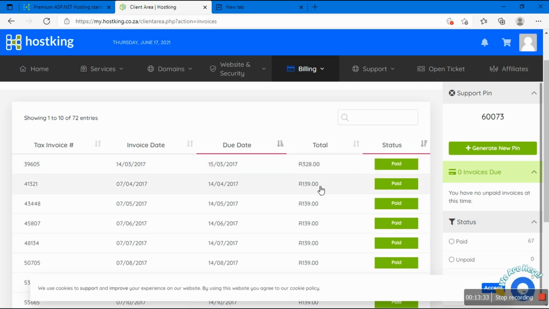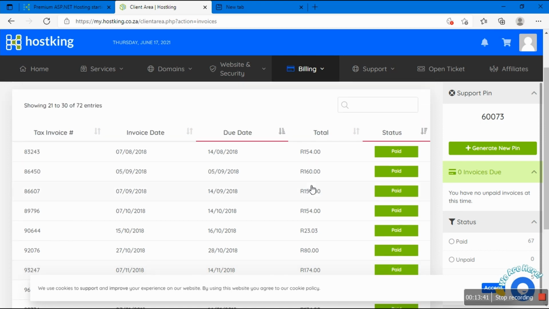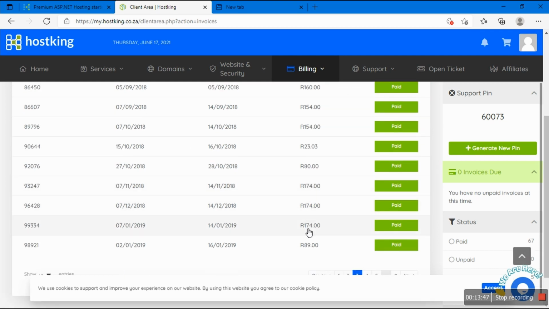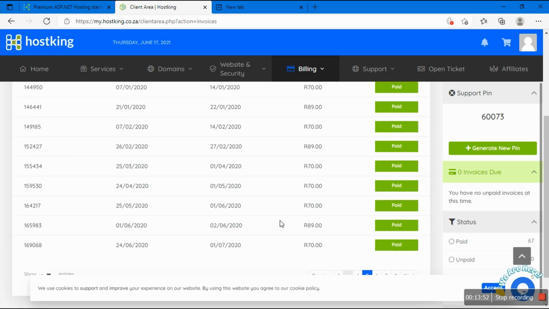From there I started paying 139, as you can see in the history. Some of the payments have to do with the domains. 23 rand, I can justify that one. 80 bucks, 174. So yeah, I've been paying up until last month.